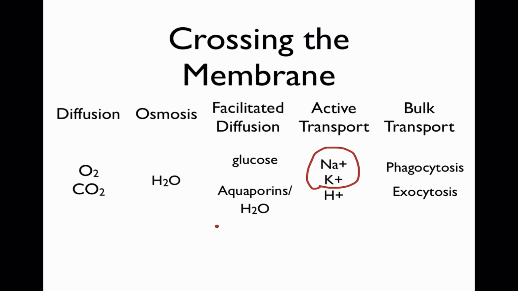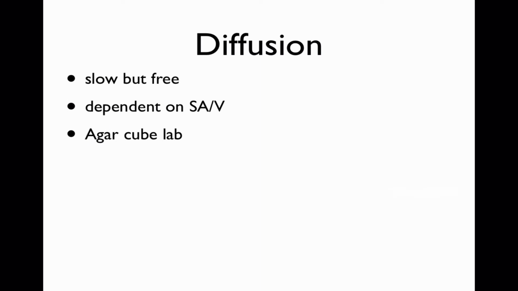produced by the ER and the Golgi, and which work their way to the inside surface of the plasma membrane, join with it, and then disgorge their material to the environment or secrete their material outward by literally turning themselves inside out. All right, now in order to show you guys diffusion, we did an agar cube lab with those